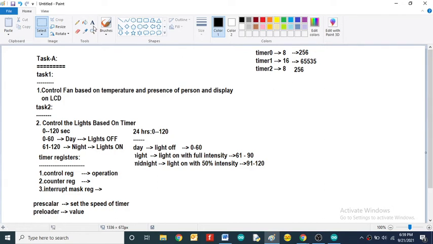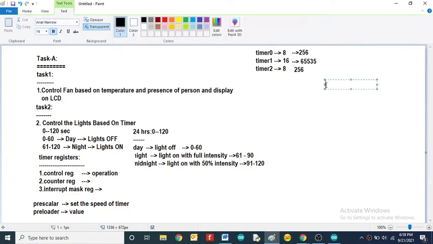Then calculate the preloader value. So this is the actual value.